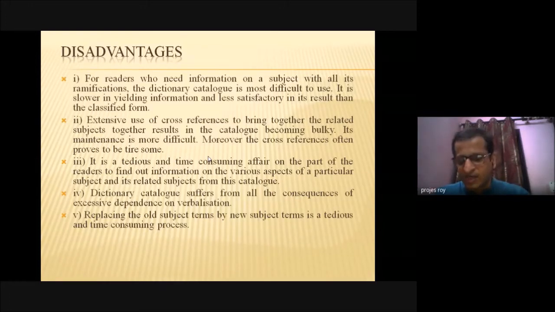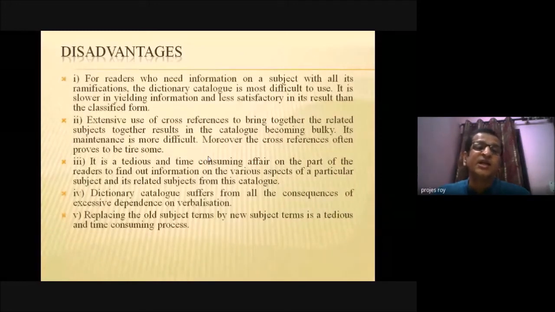If you follow some intellectual rules with the dictionary catalog, it's not going to satisfy me. In a complex arrangement, it does not work sufficiently. That's why throughout the world, people are not using it at all. And because of MARC, the machine readable catalog, and the digital environment, the whole catalog has been abolished, because here you can index in different ways.